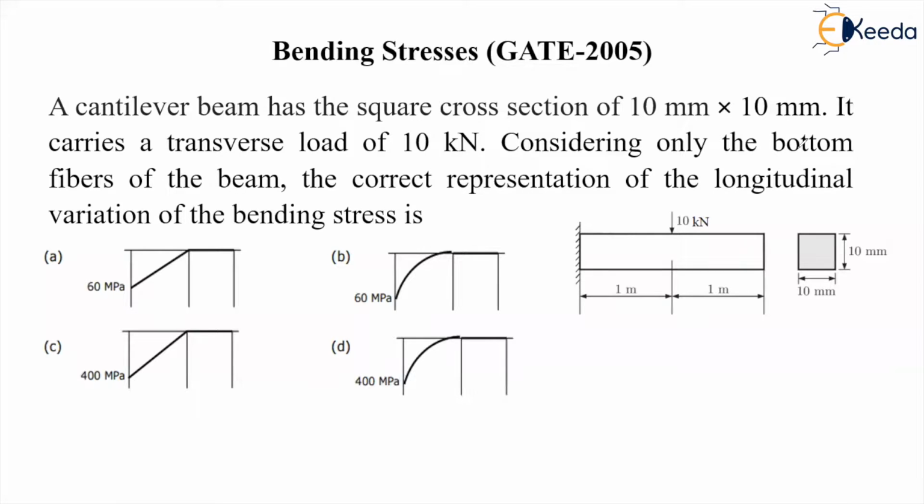So here we are given a cantilever beam which has 2 meter length, and a 10 kilonewton load is applied at the center of the cantilever beam. The cross section is given as 10 millimeter by 10 millimeter. We have to consider only the bottom fiber of this cantilever beam, and we have to draw the